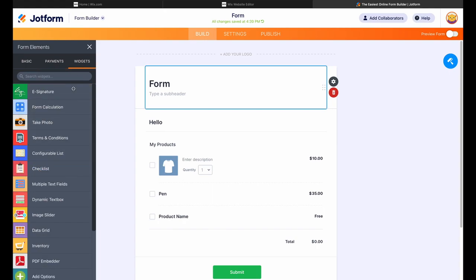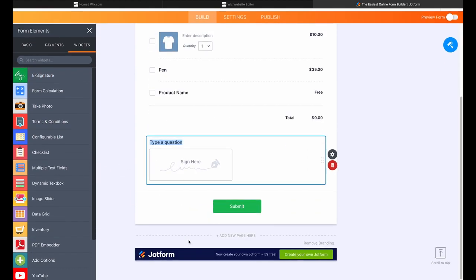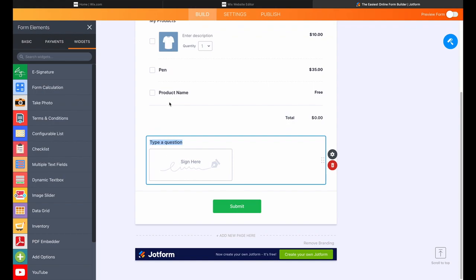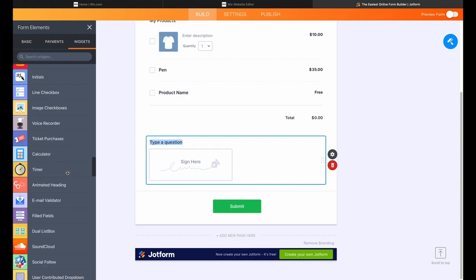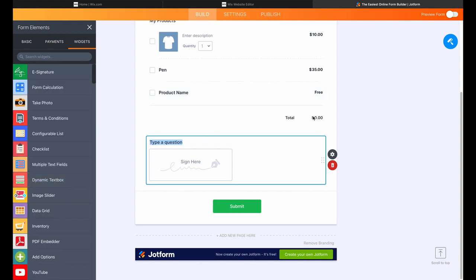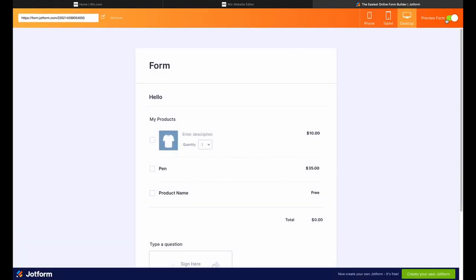Other than that, we also have widgets where, if needed, you can add an e-signature data type where people can sign on the dedicated place that you have placed in the form. In the same way, you have a plethora of widgets, such as form calculator, take photo, and checklists, and there are so many of them. You can give it a try. But for this scenario, let me stick to the form I've just built, and we can click on preview form so that we can take a look before we